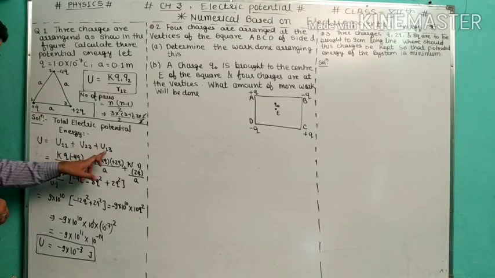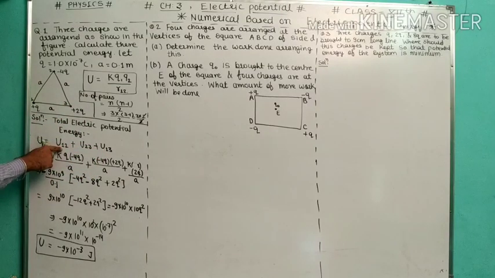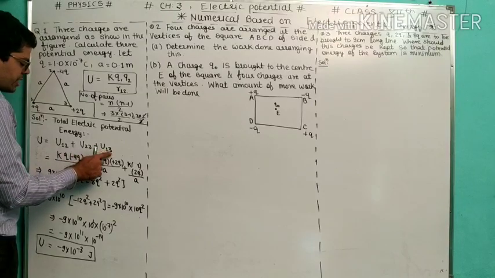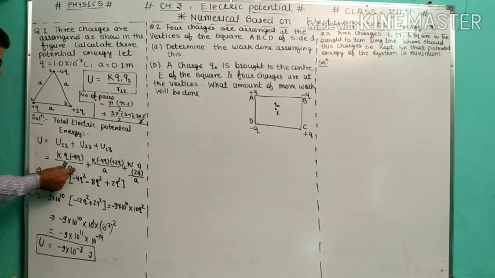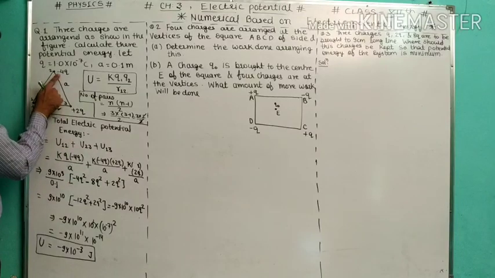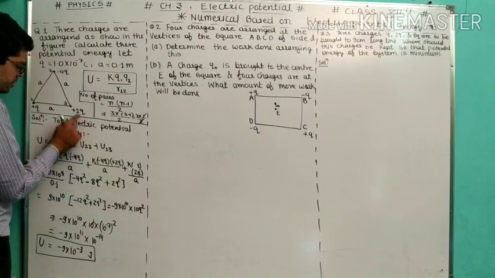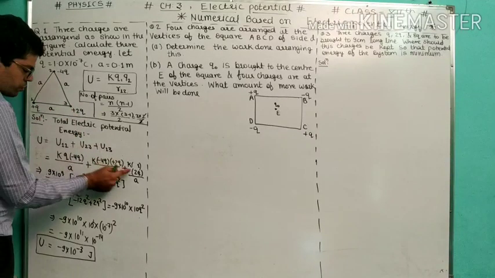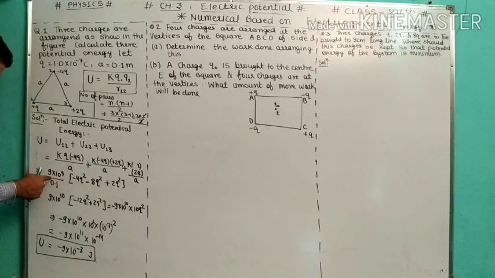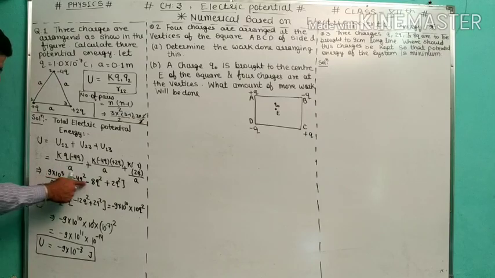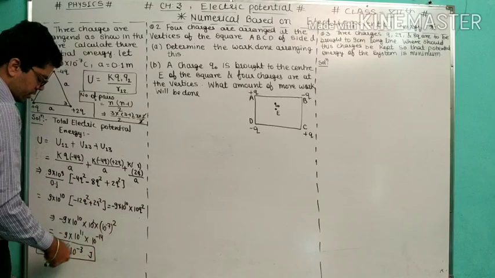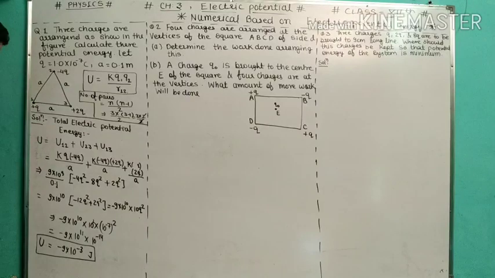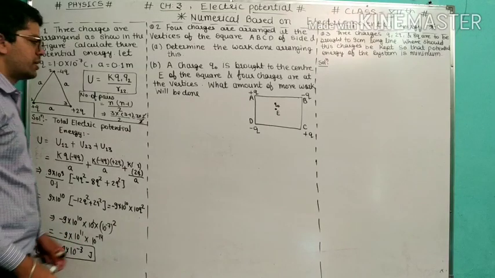Number 1, second and third. So by 1, 2 we mean charge 1 and second, charge second and third, and charge 1 and third. So first and second, and second and third, minus 4q and 2q, and third and first, so plus 2q and q. Okay, and then after solving, we have taken k and a as common here, and we got 10q square. Value of q I have put here. So I got minus 9 into 10 to the power minus 3 joule as the answer.